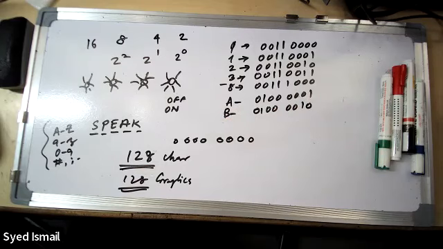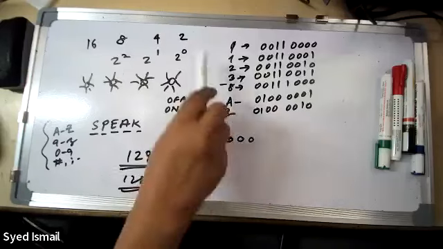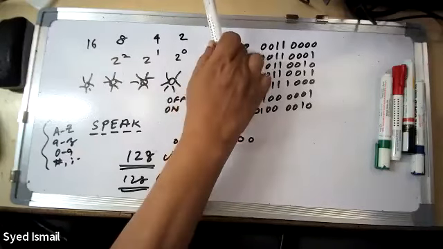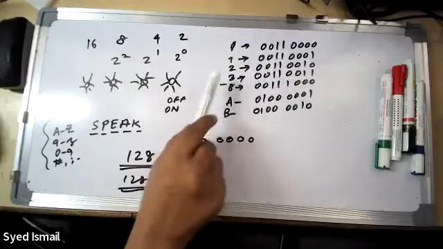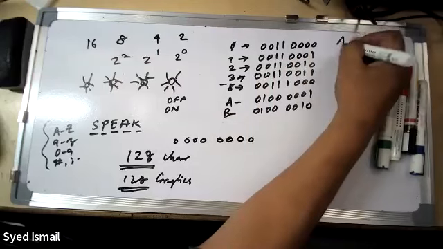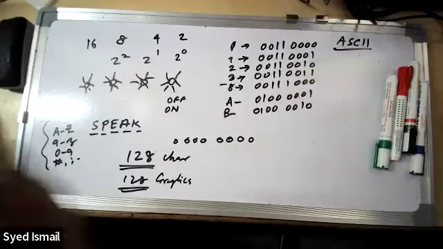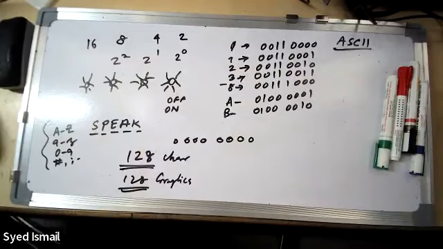Okay, now if you see, this is how somebody gave. I will turn on the light like this for 0. For 0, I put a cross normally. 0, 1, 2, 3, like this, 8. Somebody adopted it. And this is called ASCII. This is actually the ASCII that I wrote to you.